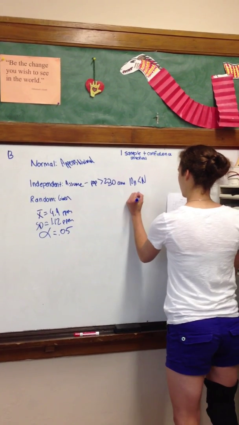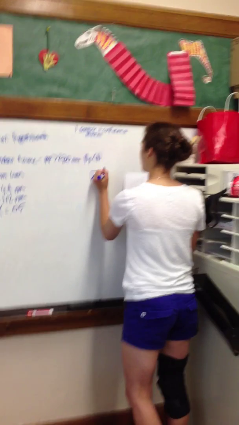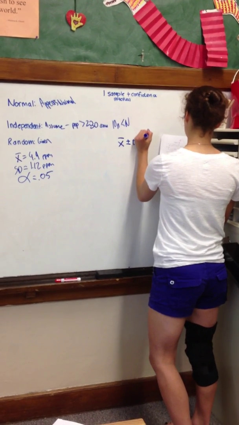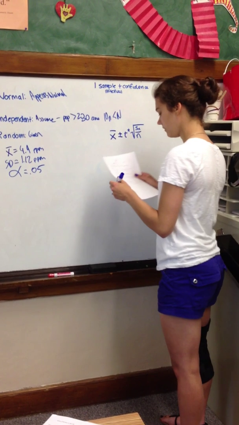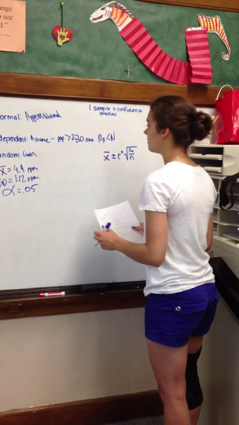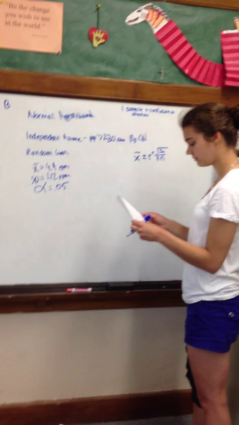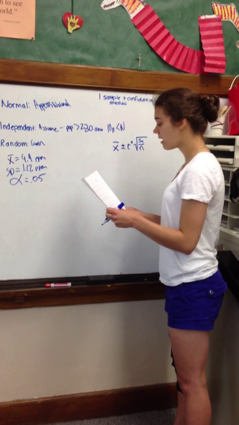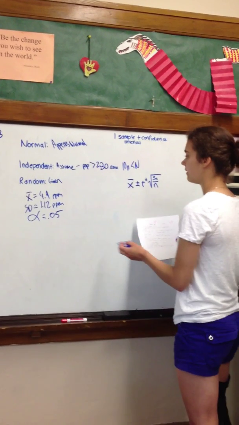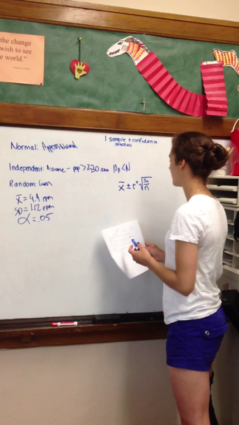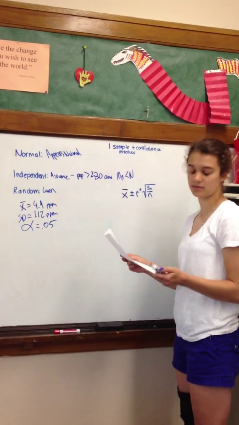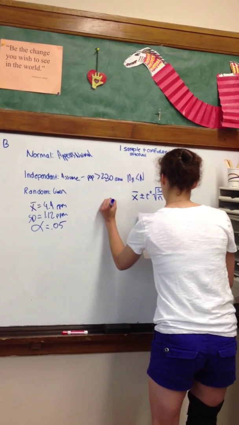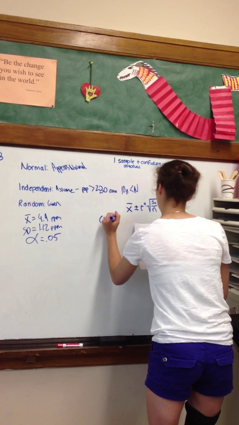So your formula is x bar plus or minus T star times s of x over the square root of n. And you know your alpha is 0.05, so your confidence level is 95%. So you can either plug in x bar, your standard deviation, and n to find it, or you plug it into your calculator. And so you come out with 4.416 and